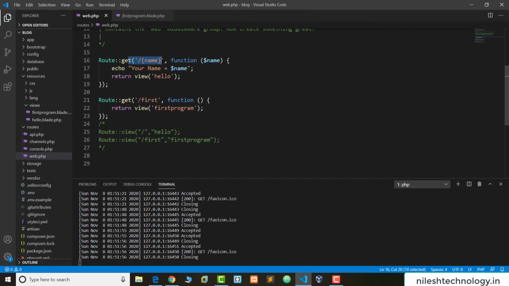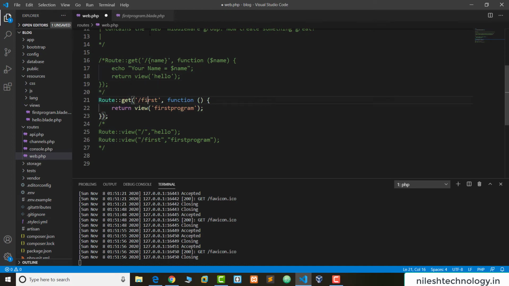Now if you want to pass the data from the URL to the view page, then see how to make some changes. We comment this one and uncomment this one.